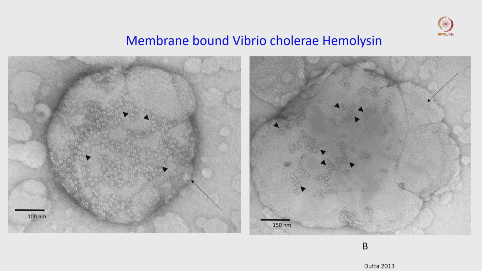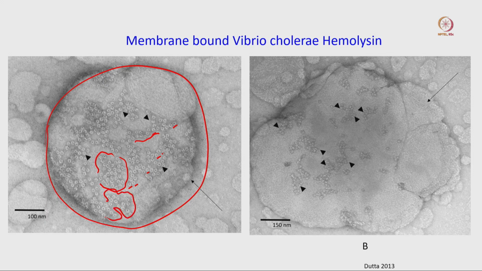Here you can see one more example, a very nice lipid vesicle. If you look at this sample, there are so many protein molecules embedded in this lipid. You can see many protein molecules clustered on top of this lipid. This is a very nice image where you can see how these proteins are interacting with the lipid membrane, and in the background you will not get any free protein.